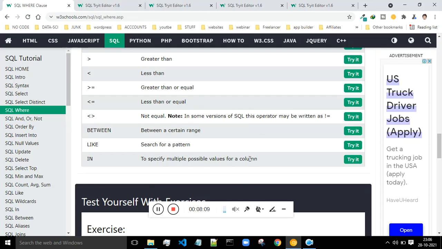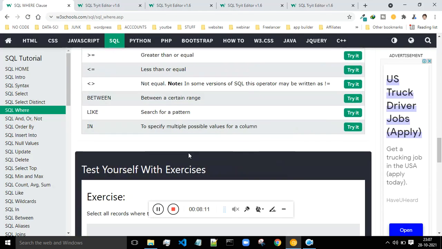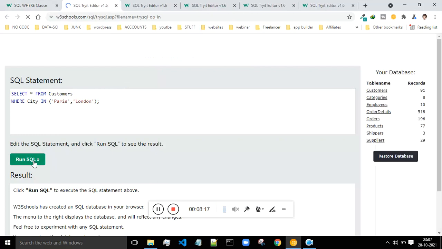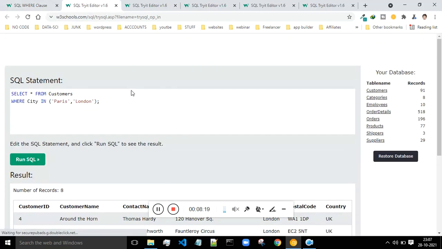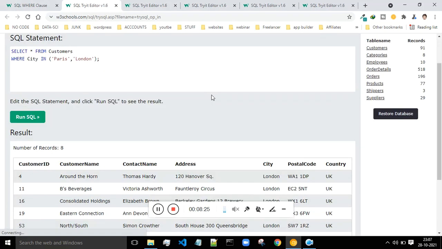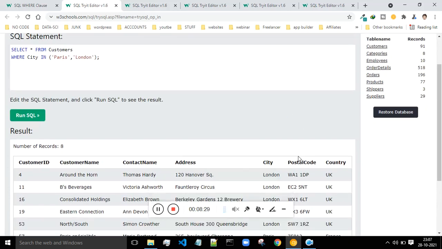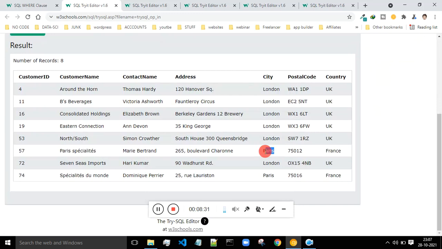And next is IN. So this is the next example. It will select everything from the customers for the city in Paris and London. There are two records where the city is Paris and the rest of them are London.